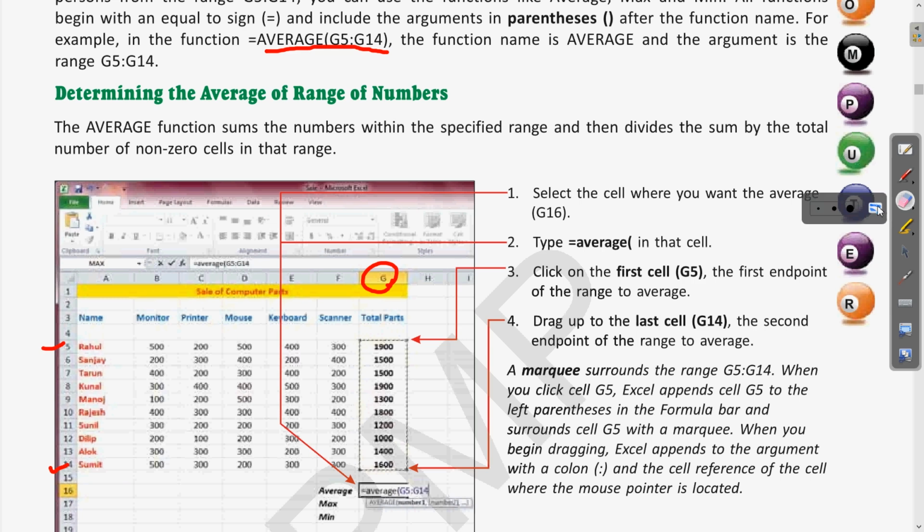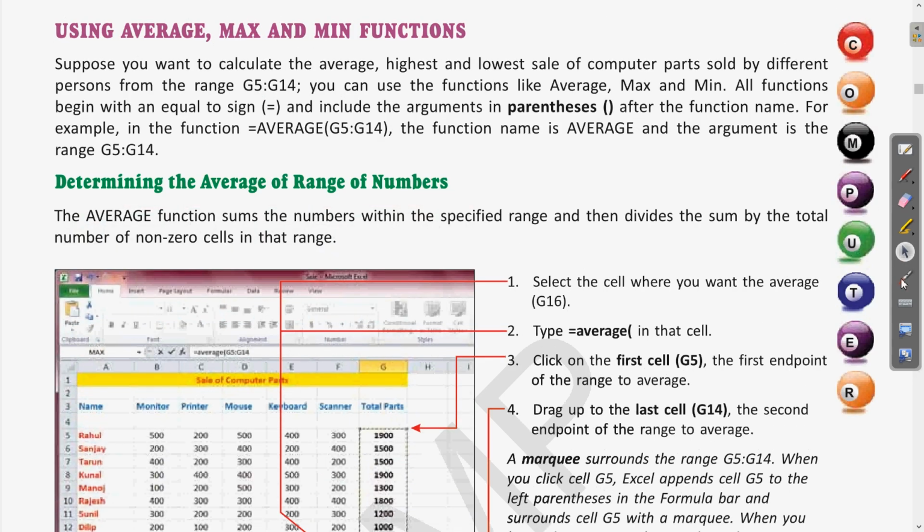Let us erase this and see. So how are we going to apply these? We are having the different functions like average, max and min, and for these functions, as we have seen with the sum also, we have to use the equal to symbol, then the name of the function, and then the range. Clear? So this is called an argument.